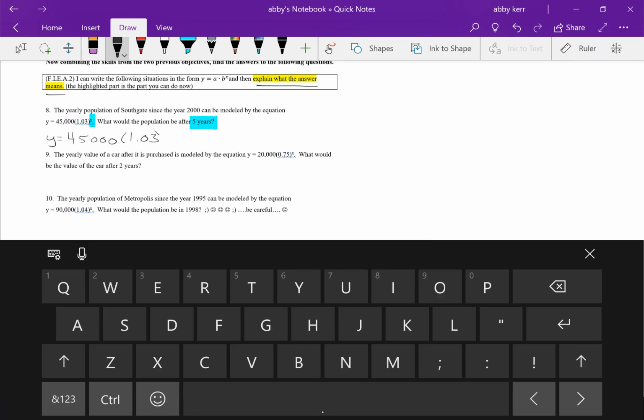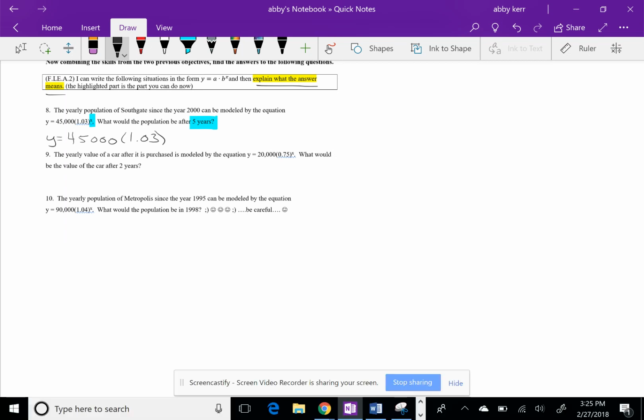You know that it's growing at a rate of 1.03. And instead of x, you're going to put 5. Because in 5 years, in 2005, you wanted to know the population of Southgate. So if you put that into the calculator, 45,000 times the rate raised to the 5th power, you're going to get, and I'm going to put the approximation symbol,